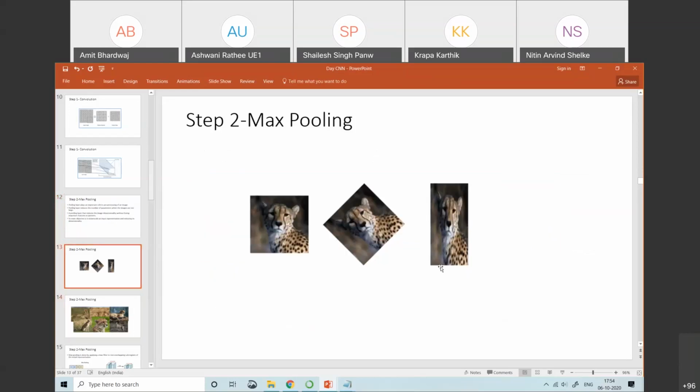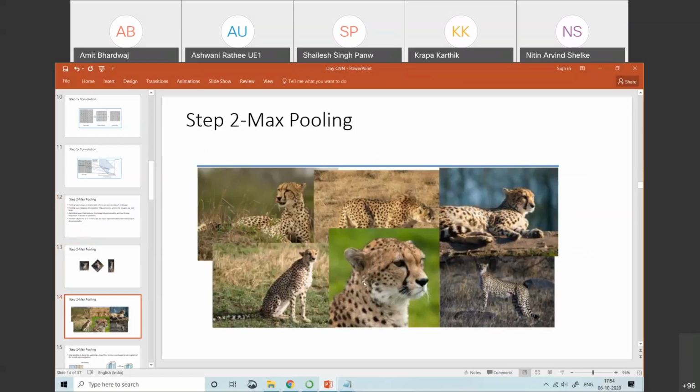Also, as far as the image data set is concerned, a lot of times, if we consider a tiger data set, sometimes the tiger is in a standing mode, sometimes in a sleeping mode, sometimes in a sitting mode. It may be on the left side or right side, but in the end it is a tiger.